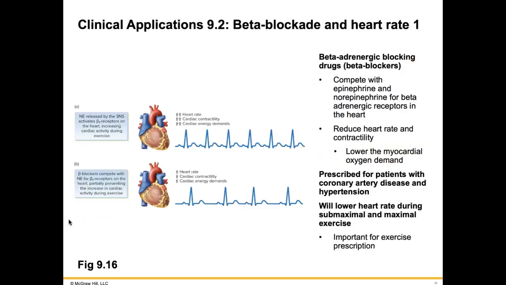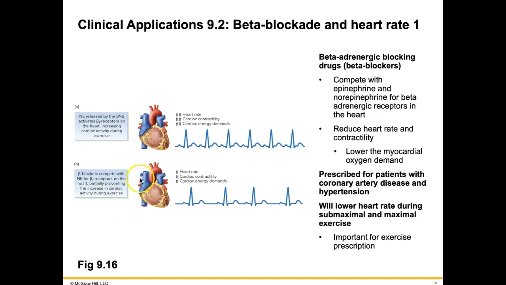Next, let's take a look at a clinical application regarding heart rate. You may have heard of people taking something called beta blockers, and these beta blockers is just an easier name to represent our beta adrenergic blocking drugs. What these drugs do is they compete with epinephrine and norepinephrine for beta adrenergic receptors in the heart. Now, why do we care about those receptors? These receptors are there to receive epinephrine and norepinephrine when our sympathetic nervous system is